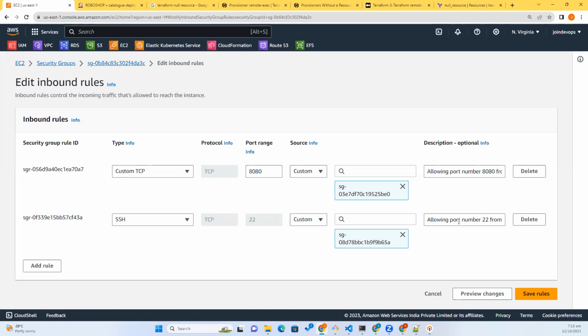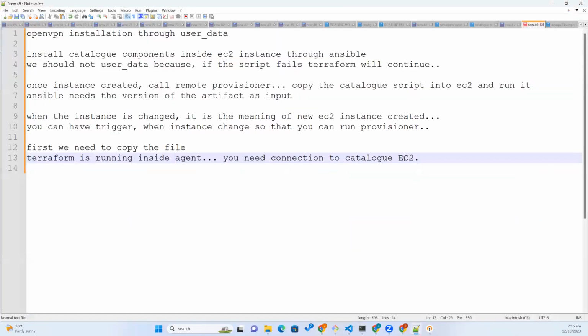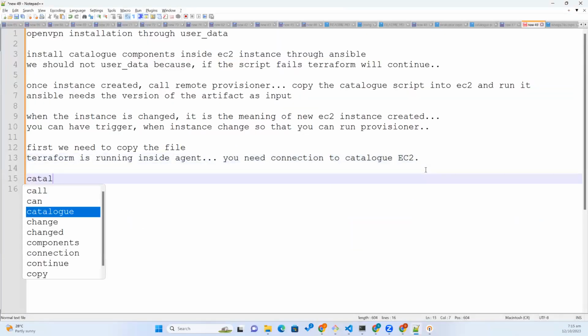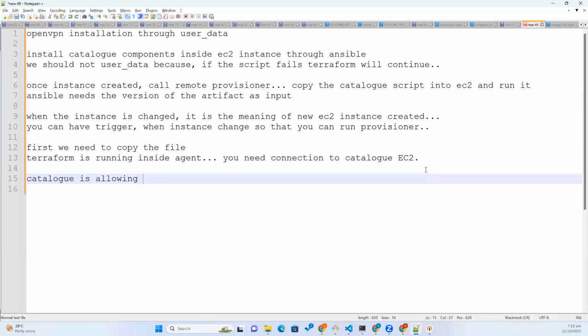Catalog security group is allowing from VPN port number 22. Is it allowing agent? It's not allowing agent now. Here, if you can see, catalog is allowing traffic on port number 22 from the